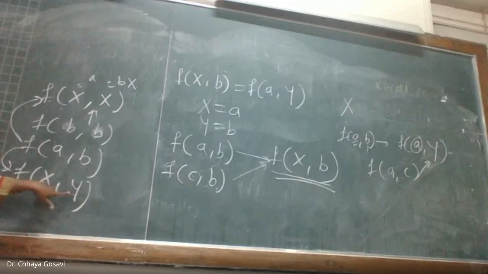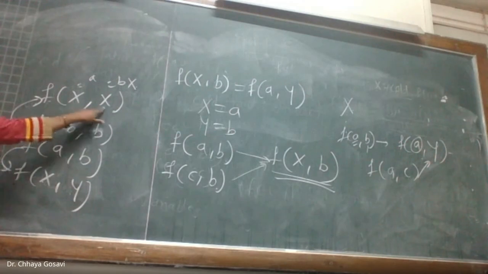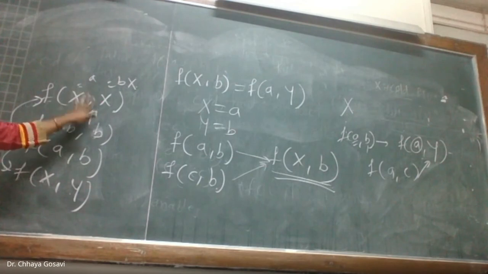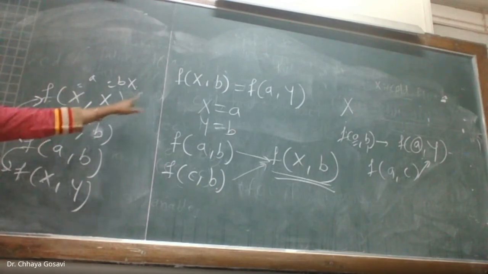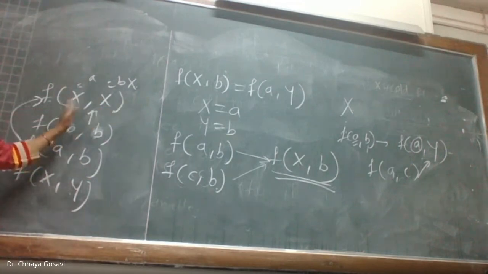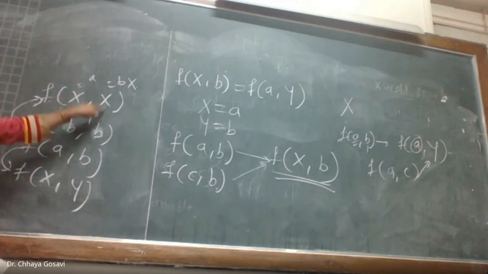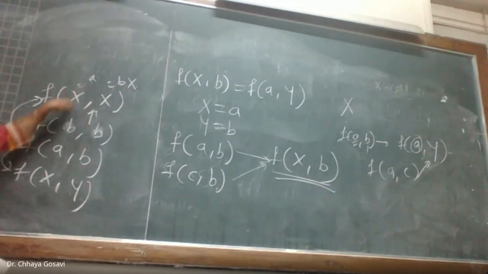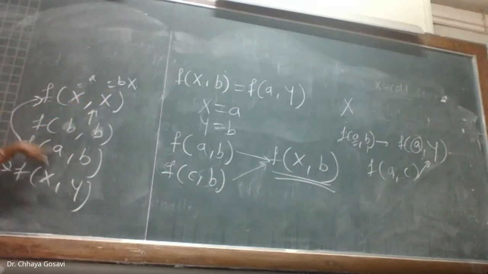The scope. Excuse me, ma'am. Yes. Ma'am, if a and b are same, then... If you are using two different variables, then you can say that f(a, b) is an instance of f(x, y). But here you are using the same variable. So in Prolog or in any logic programming, this is a rule: a variable can take only one value in a particular rule. It will not get bound to multiple values in that rule. If the value of x is a, then this x should be a. If this x is b, this should be b. It will not match f(a, b) with f(x, x).